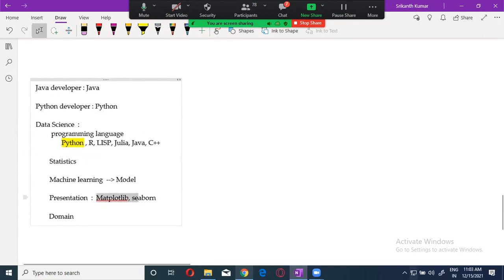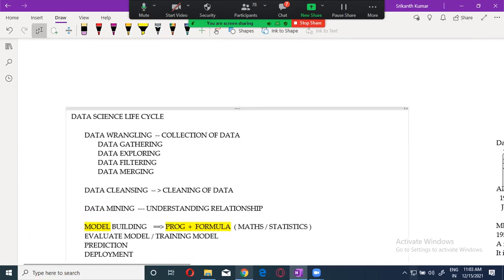Now there is data wrangling, data cleansing, all these things, right? Usually whatever you learn in a process, there will be data everywhere, like Kaggle, where you get the data and start using it. That is not the important thing. Gathering the real data is a real pinch. No one will give you the real data, so you have to explore it. There will be a process for gathering the data, called primary collection and secondary collection. Then you explore the data, filter the data, and merge the data.